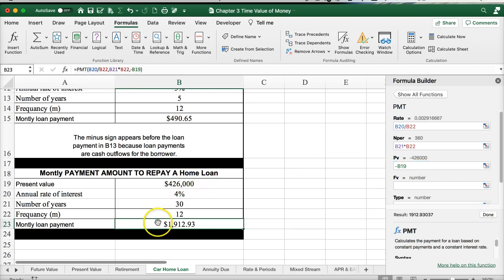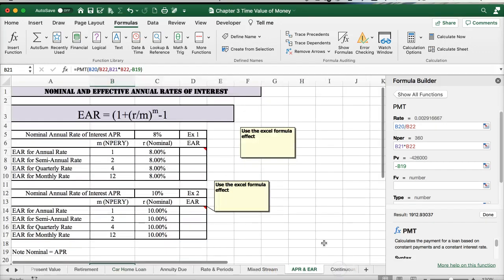There we go. I think I had an extra space in there. And it's $1,912 would be the mortgage payment. Okay. Now, something else that we're going to talk about is this is going to come up in,